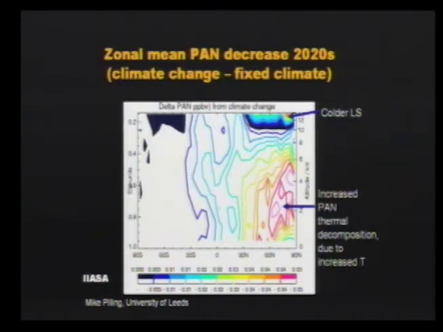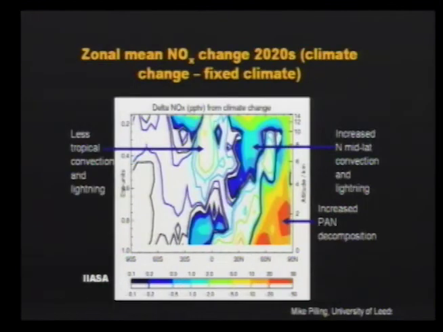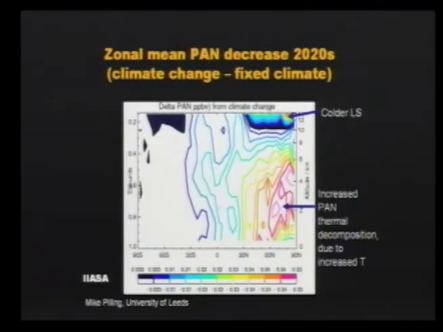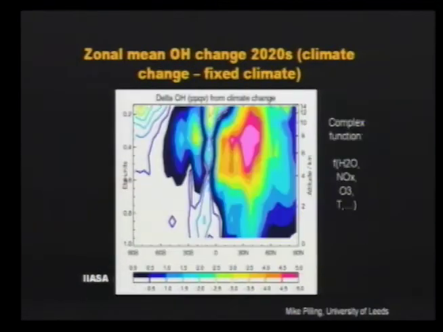This is the difference between a case where climate change is considered and climate change is not taken into account. And you have a number of compounds. Now, this one for non-chemists might be a bit mysterious. This is PAN. PAN is an organic compound that carries nitrogen oxide. It's very stable if it's cold, but if the temperature increases, it will decompose and release nitrogen oxide. And you see here, for example, that nitrogen oxide will increase dramatically in a region where PAN is decomposed, especially at high latitude. This is the change in OH that is calculated. This is just the effect of climate.